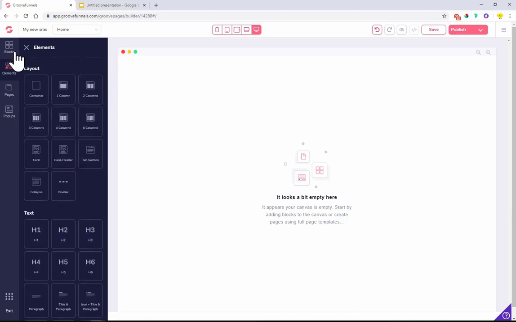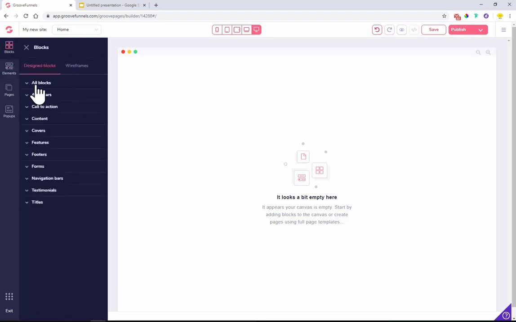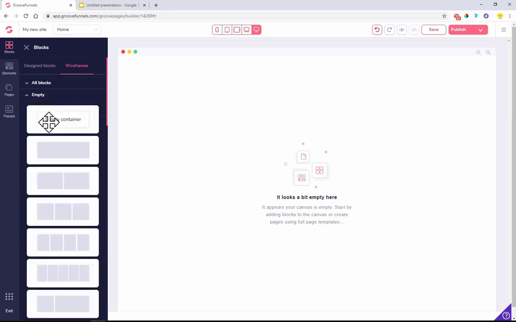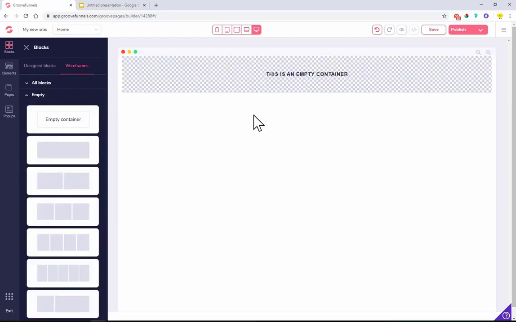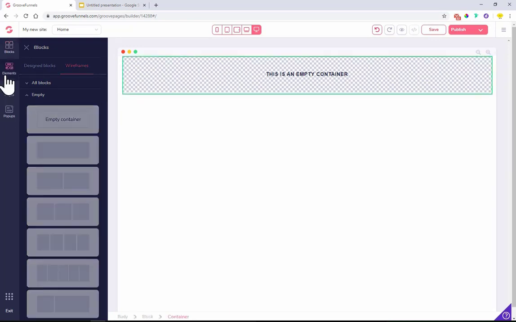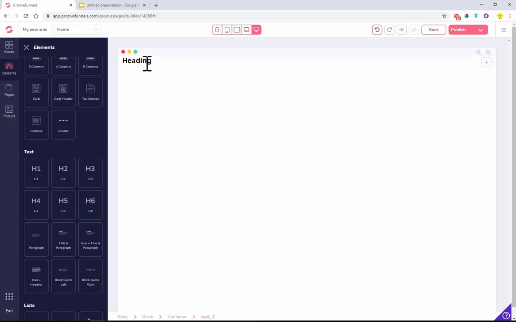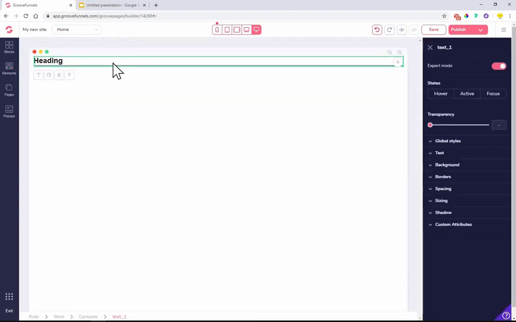The base element of every build needs to be a block, either a pre-designed block or an empty block. I'll just start with an empty block over here. So now we put this empty block on, and now you can start designing your own pages. Why was that done? This was done so that you can style the pages as you really would like